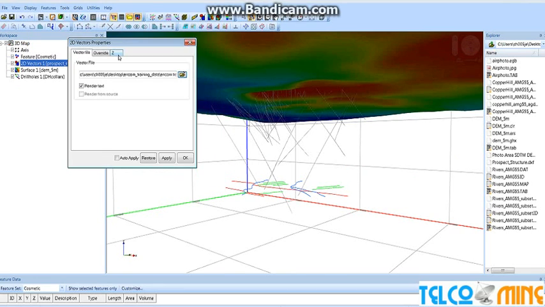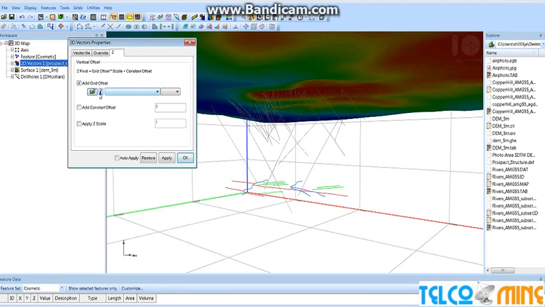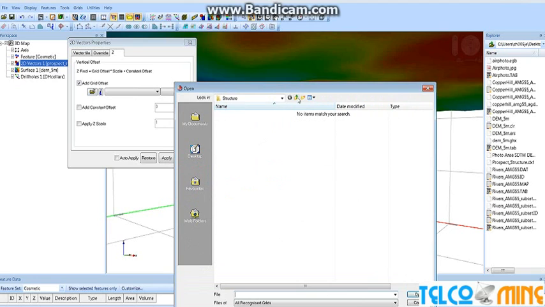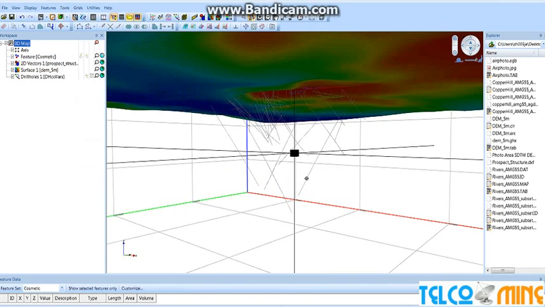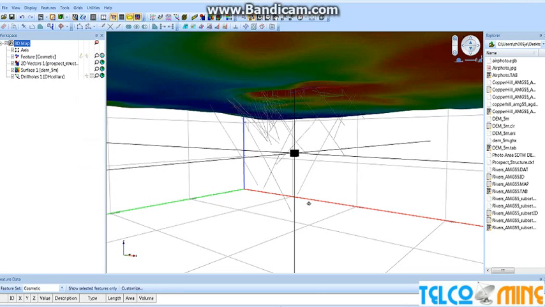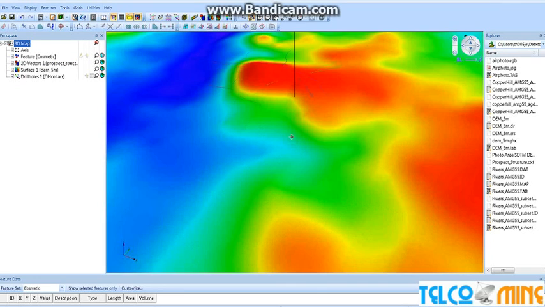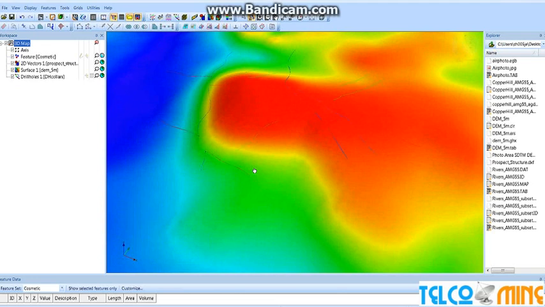I can just go to the properties and I can tell it to drape that over the topo file, which I loaded in. Click apply and go to the surface. And now if we zoom in, we can see those lines have been added. So that all just came directly from a tab file. So the software is getting more intelligent, essentially, so that the user doesn't have to think about so many things. They can just get on with opening up the data, doing the analysis, getting the results that they want without